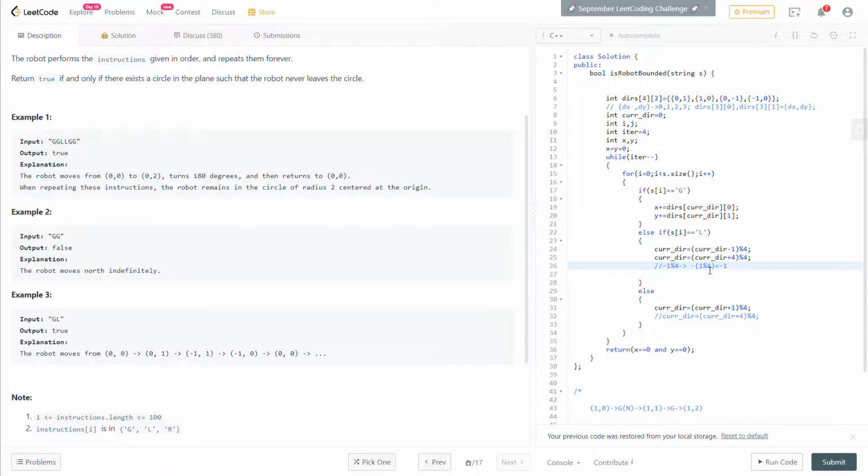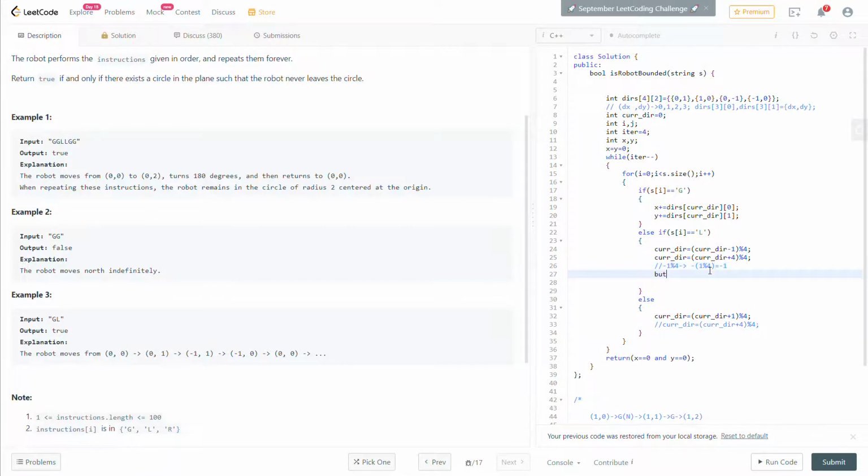This is -1, but since we are adding 4 to it, we would get 3. So that's what I'm trying to do here. The purpose of this line was due to this fact. If you want, you can check out in your local IDE,